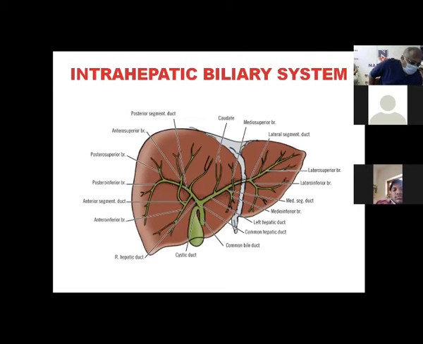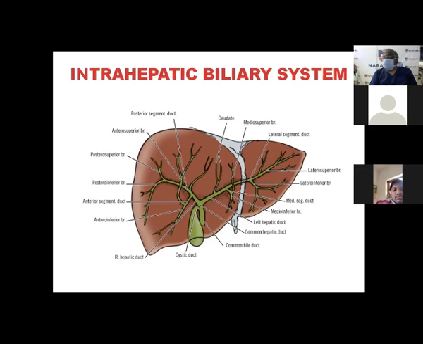Intrahepatic biliary system. One important thing you should know is there is no intercommunication of the intrahepatic biliary system at all. You should not think that by doing one PTBD somewhere I will be draining the whole system. No, not unless the confluence is intact. If the confluence is not intact, you are not draining. But if you drain 30% of the biliary system, then the itching, which is a troublesome thing for the patient, will go. Or you may drain the system where you want to go and do a subsequent surgery. That is also important. That I will tell you in this.